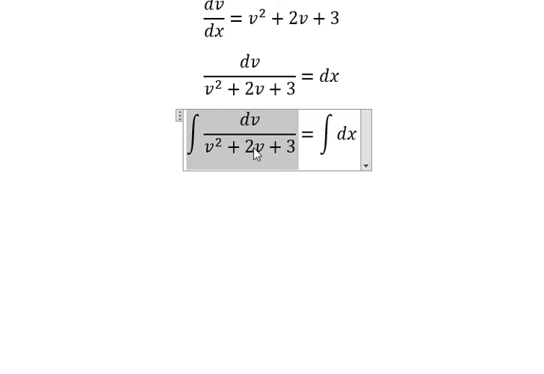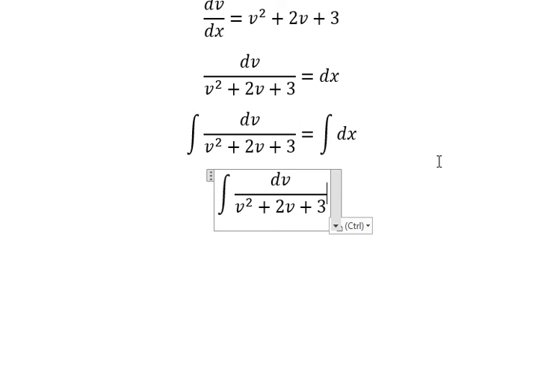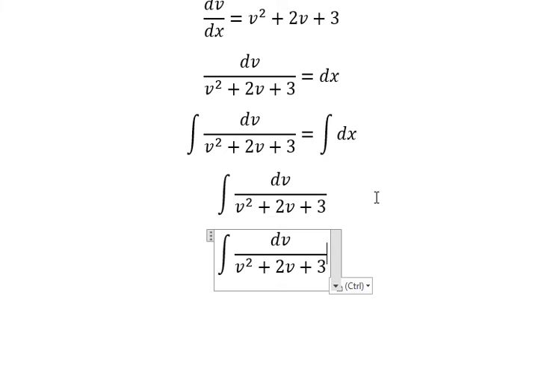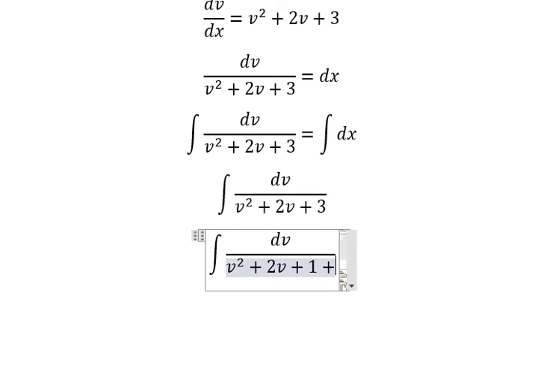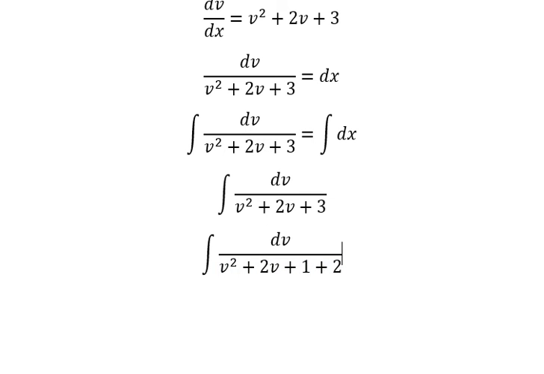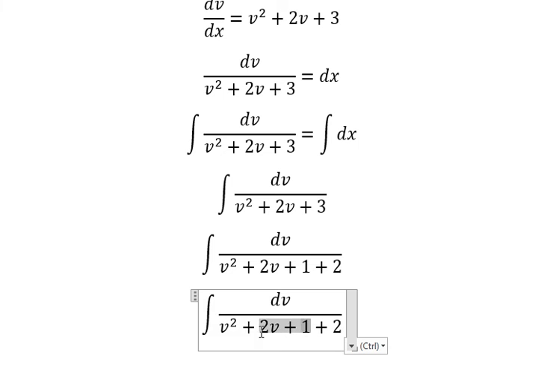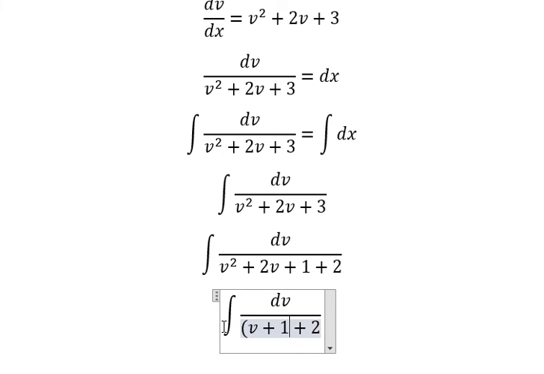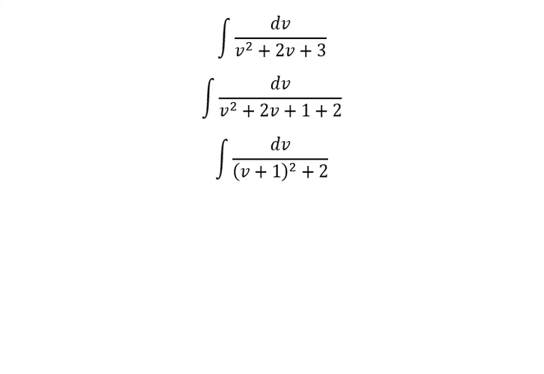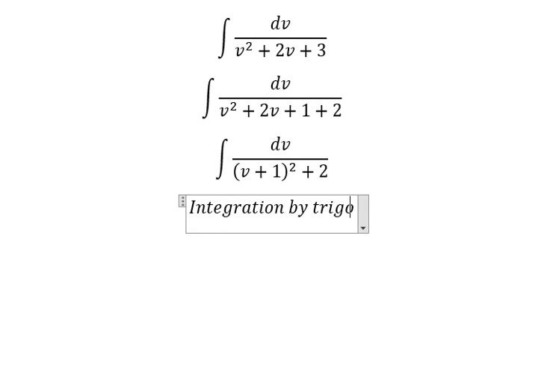Now I will concentrate about this one. We know that number 3, that's about 1 plus 2. Now we can put this one into identity. We have v plus 1 to the power of 2. Now we need to use about integration by trigonometric